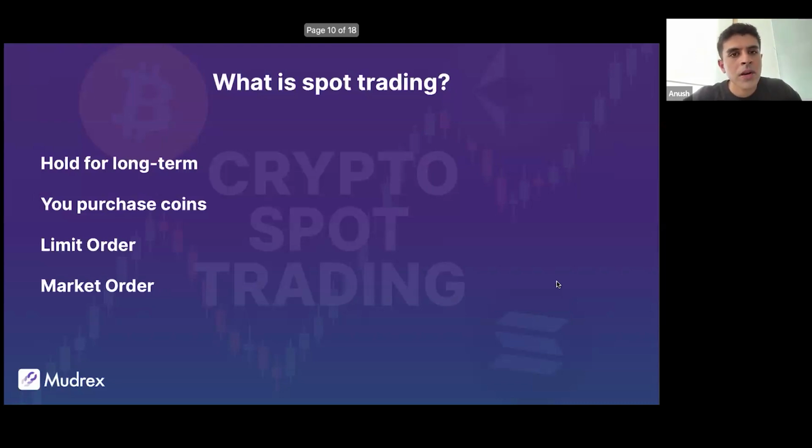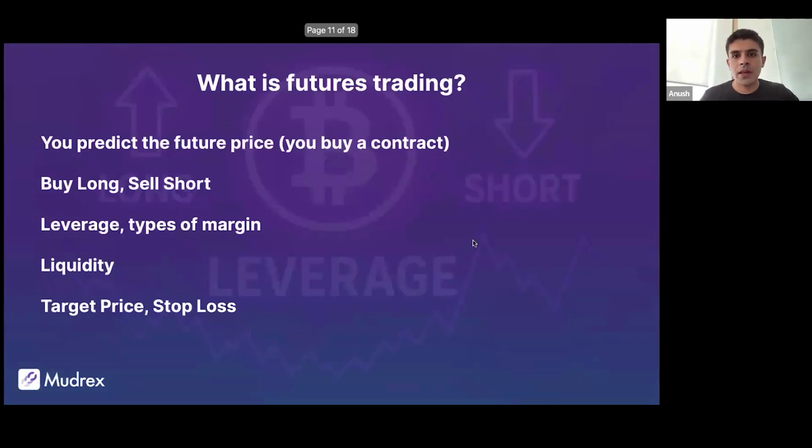Okay. So that's basically spot trading in a nutshell. Simple, and it's pretty effective for longer term investing. Okay. All right. Now let's go ahead and talk about futures. And I know that futures can be a little complicated, but honestly, once you get the hang of it, it's super simple. Sometimes easier than spot trading even.